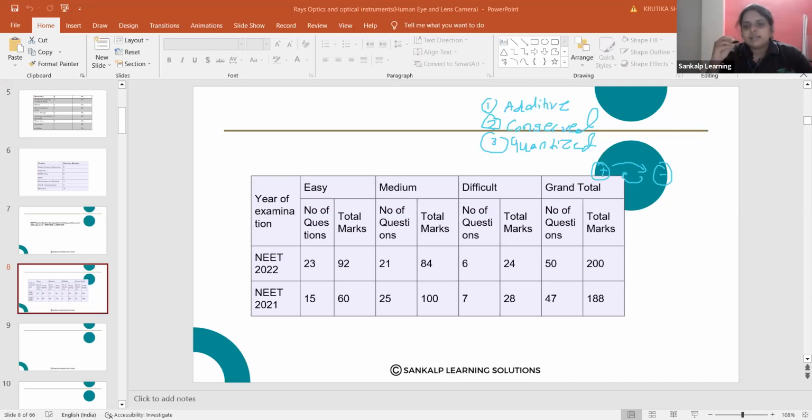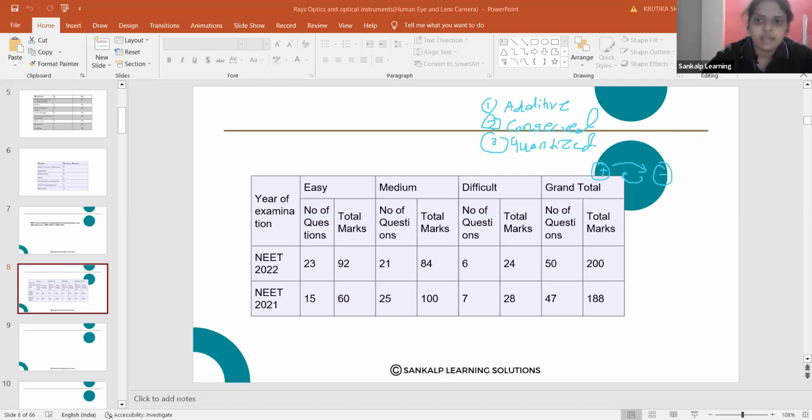Okay, now let us explain the basic properties of the charges. What is additive nature, what is conserved, and what is quantized. See, additivity of the charge, you can see in the slide, in the PPT, the fourth point. So what is additivity of the charge? Charges are scalars and they add up like real numbers. Real numbers, for example, if you have 2, 3, 4, 5, you can add those numbers. Similarly, we can add the charge on a given body.